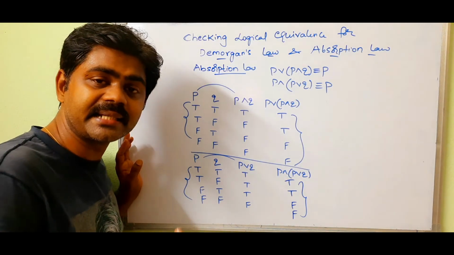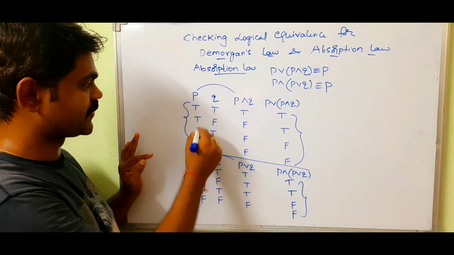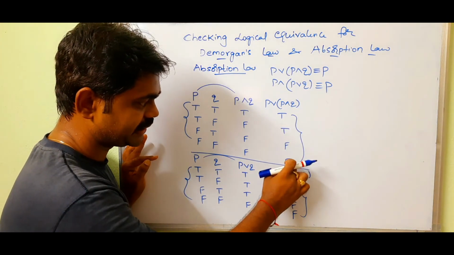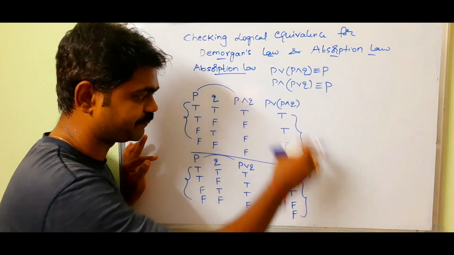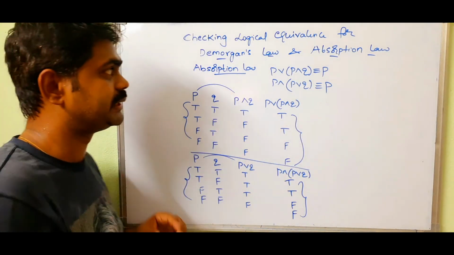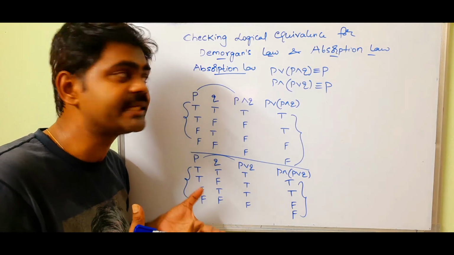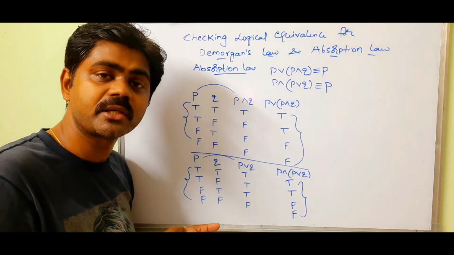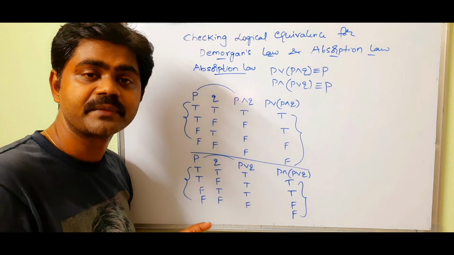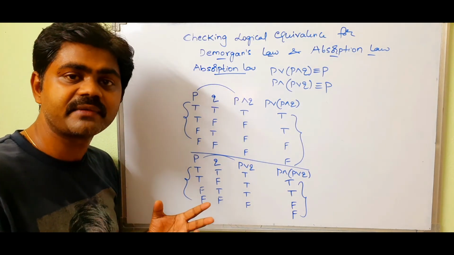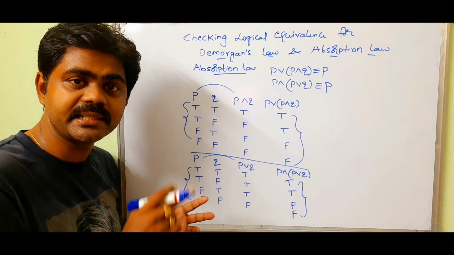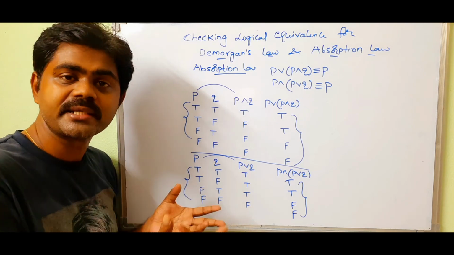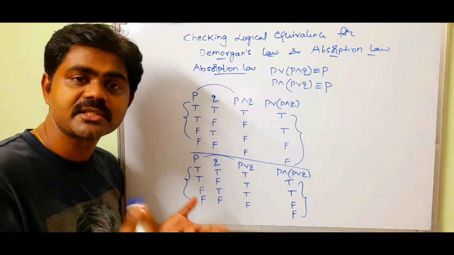Now as I said, it's exactly a mirror image, right? False, false, true, true, and true, true, false, false. You can see the values here: true, true, false, false; false, false becomes true, true, and so on. Exactly mirror image. So this is all about how to check logical equivalence for different laws, logical identities. It can be De Morgan's law, absorption law, associative law, or distributive law. Whatever law it is, we need to check whether the first law and its dual are exactly the same, in the sense that or is converted to and. In this way they may ask you in the examination.